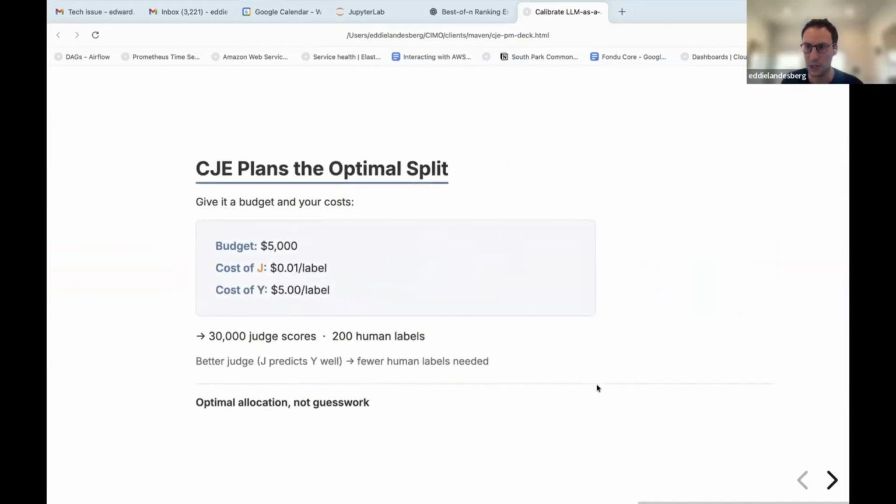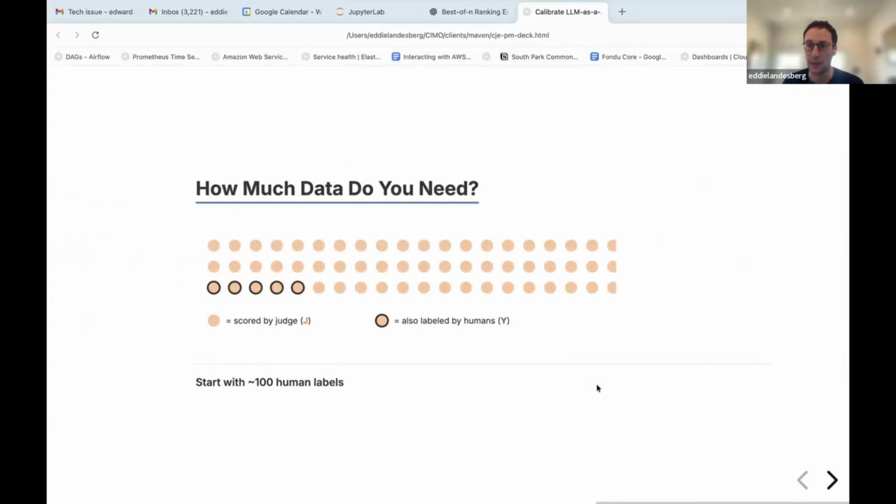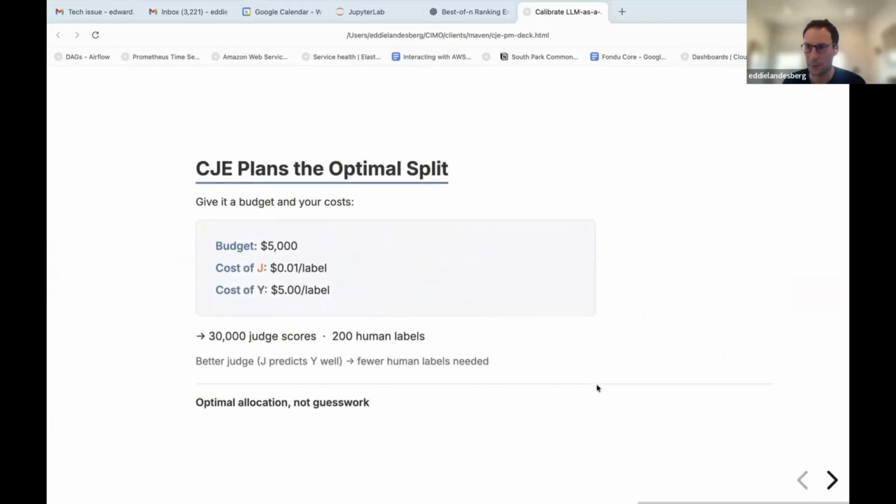And so something that CJE does, and something that I think is really underappreciated about quantifying uncertainty in the proper way, is that it helps you make good risk-adjusted decisions, but even beyond that, it has direct implications for how you should make these decisions: how many examples you need to label, and how many of those examples should be labeled by the expensive labeler. I'm not going to get into any of the math here, but I have a Colab notebook and am happy to discuss the details with anyone else later.